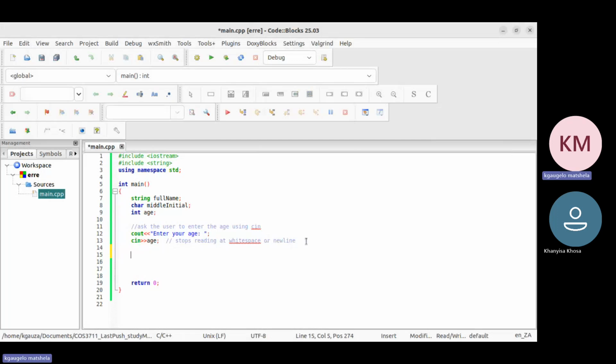So now I want to ask the user to enter the full name using the getline. Now we want to be using what? Using getline